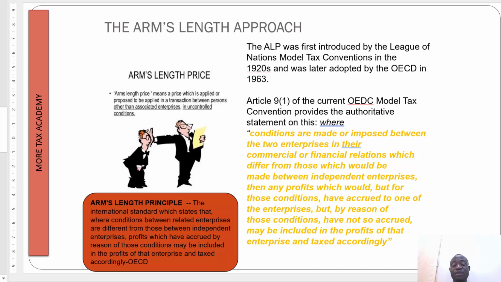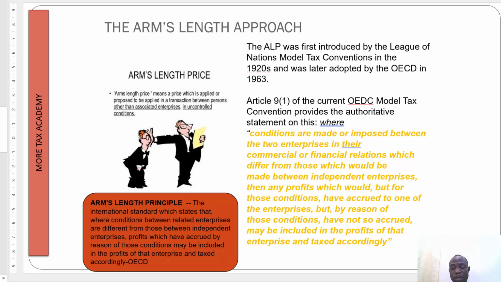So you notice that we have gone back to the treaty and we are going to discuss Article 9. Because Article 9 contains so much information, we have designed a whole book for it, and we'll be using the transfer pricing guidelines. So what does Article 9 say? Article 9 says that